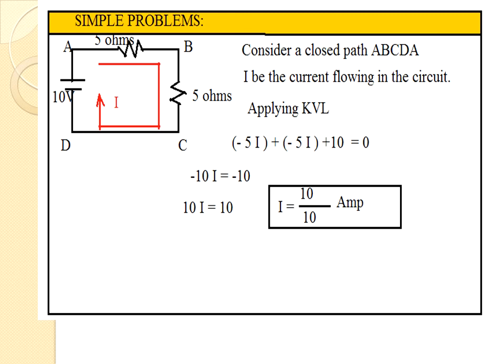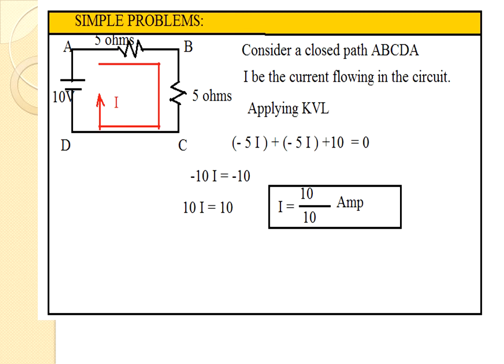Now you can enjoy one simple problem. Later on we will solve more problems. A very simple problem as per today's class. There is a 10 volt battery. It is connected to 5 ohm resistors, which results in a closed loop. A, B, C, D, A is a closed loop. Let I be the current. Applying KVL,